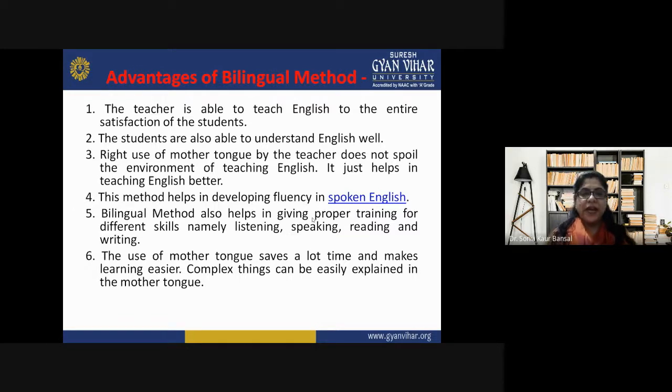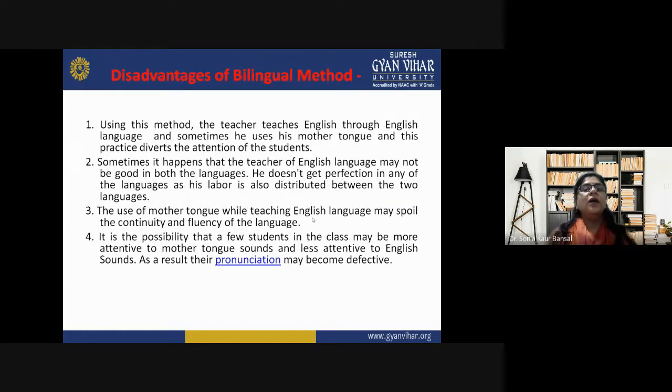So these were the advantages of the bilingual method. I hope you have understood. Now let's have a look at the disadvantages of the bilingual method. What are the disadvantages of the bilingual method? Let's have a look. So first of all, using this method, the teacher teaches English through the English language, and sometimes he uses his mother tongue,